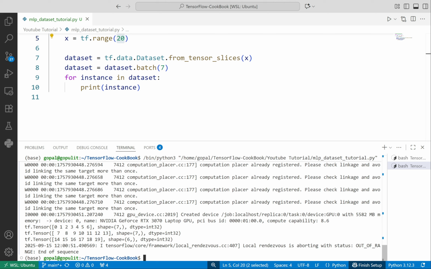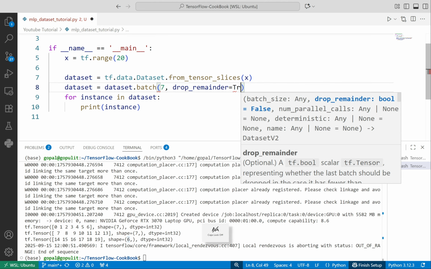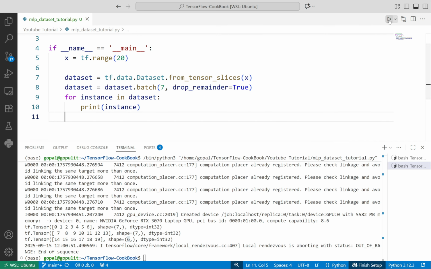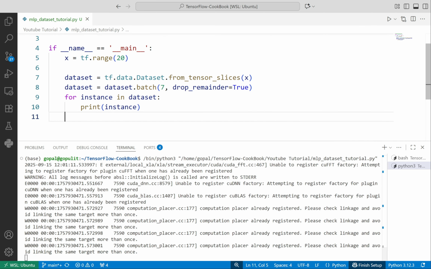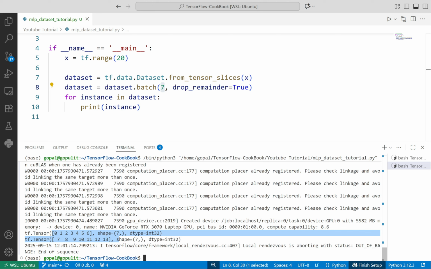At the end we had just 6 elements because only 6 were remaining. So you can also do drop_remainder=True, which will drop all the batches that do not have exactly 7 elements. So simply by calling the batch function we can create batches. You can see that it created just 2 batches because the third batch did not have exactly 7 elements, so it dropped it.